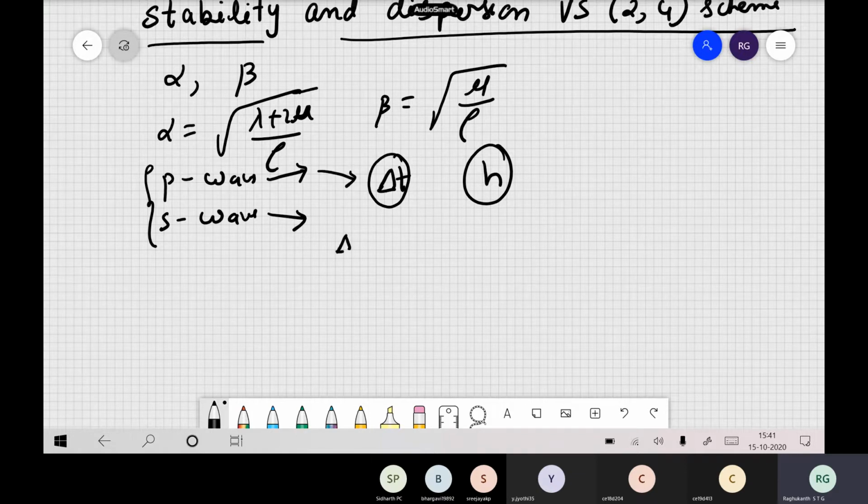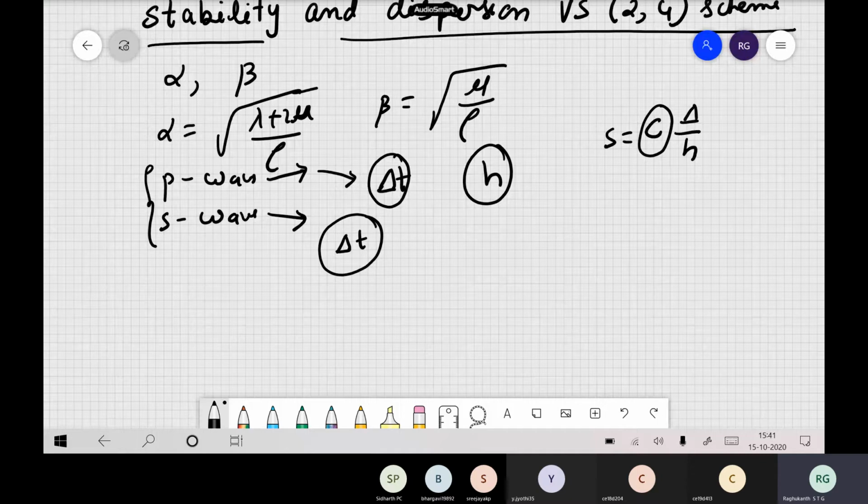If I want to select my delta t, the current stability, like previously we have seen, depends on the wave velocity also. Long back we wrote something like s equal to c delta t by h, where c was the phase velocity, which is nothing but the wave velocity. In my one-dimensional wave equation, I had only one wave. But now when you are solving 3D, you have a P wave and an S wave. So I will have two dispersion curves. We had only one curve, now I will have two curves, one for the P wave and another for the shear wave.